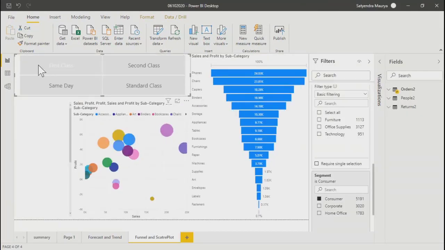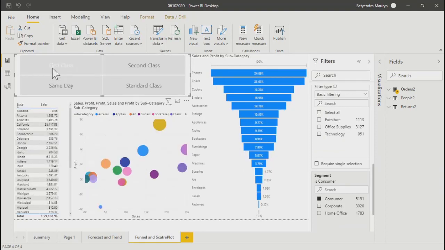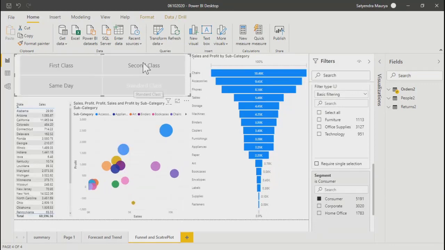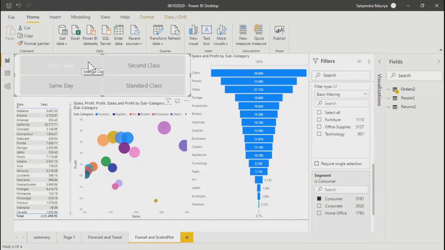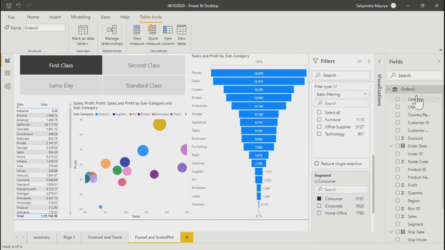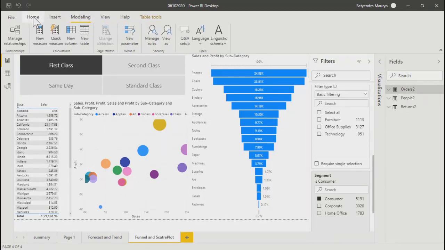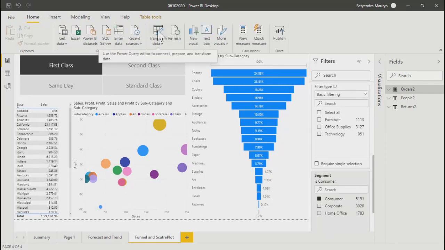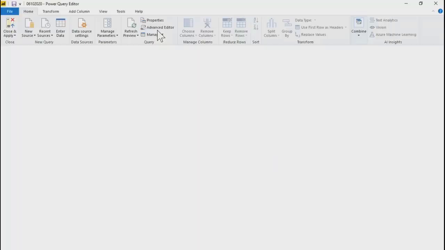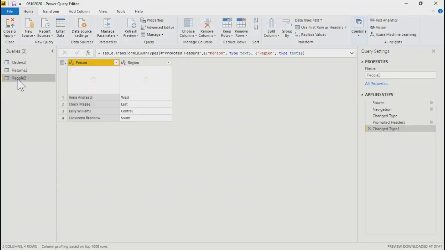Okay, now besides slicers and filters, there is one more concept called parameters. I'll cover it once we are at the data modeling tab. So as of now, this was our orders tab. We'll go ahead and click on Home and then Transform Data. Over here within the transform tab, let's work on a small chunk first of all.